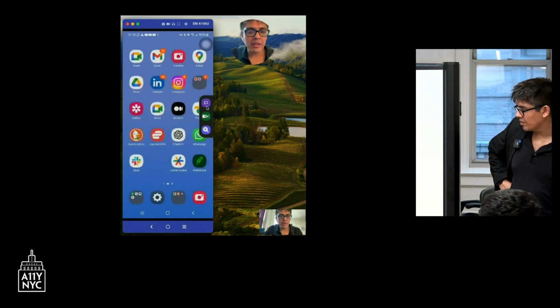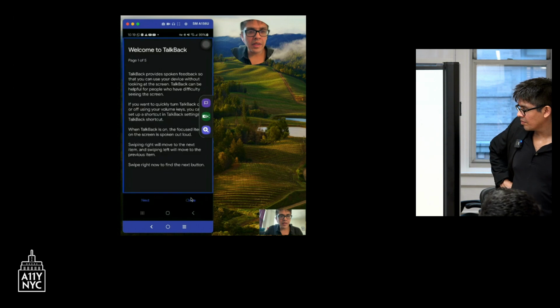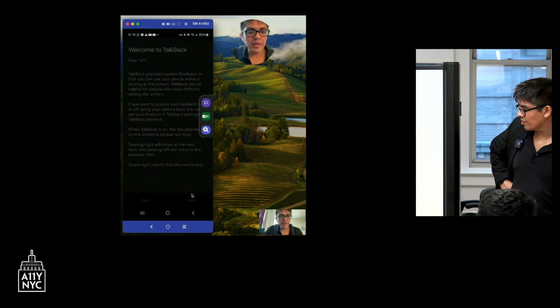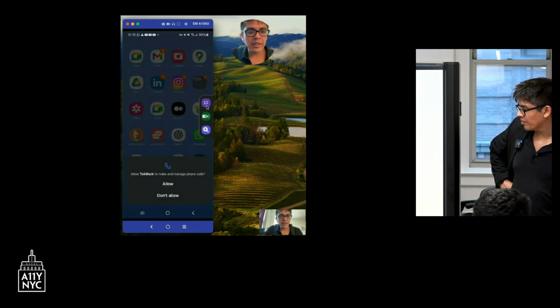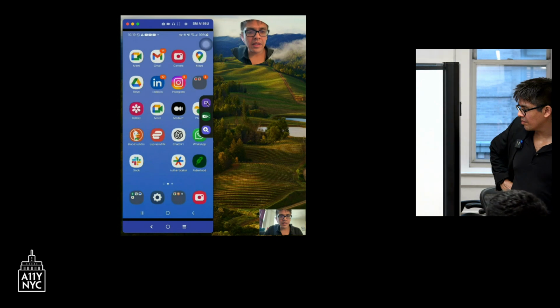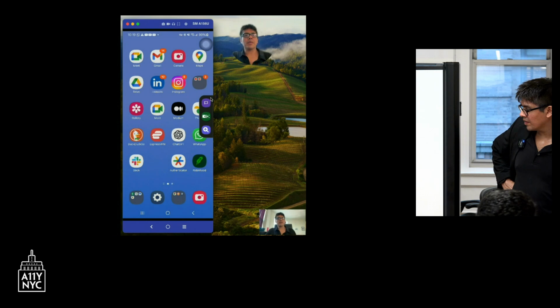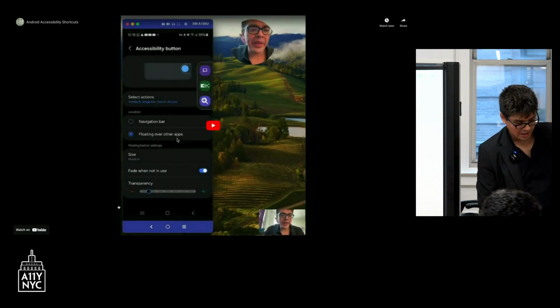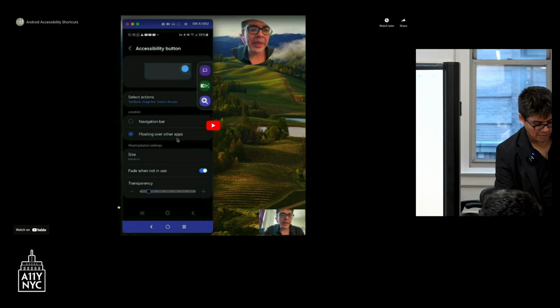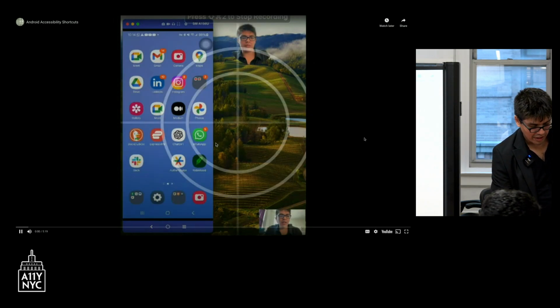I can go back. I could turn on TalkBack from here. TalkBack on. TalkBack on Galaxy Watch 6 Manager is off. To use TalkBack on your watch, tap the turn on button. And then I could turn it off. TalkBack off. And then I could click it again and quickly turn TalkBack off. Okay, so that was a quick example of accessibility shortcuts, and I hope that was useful. Great. So that's basically accessibility on Android, the shortcuts on Android.